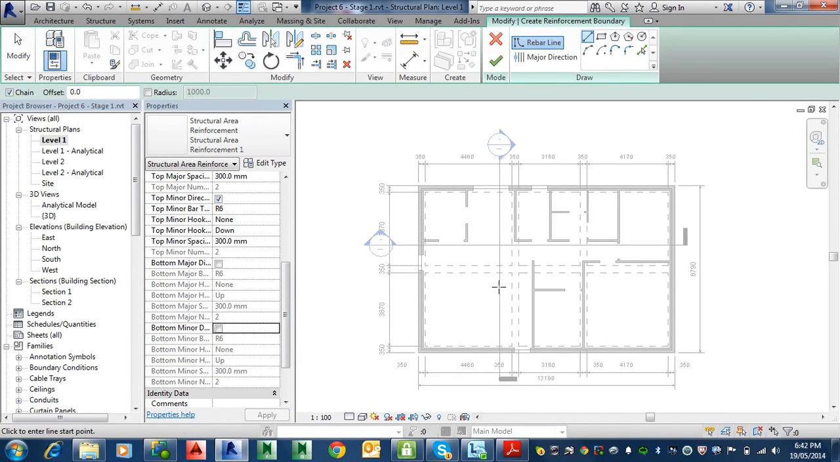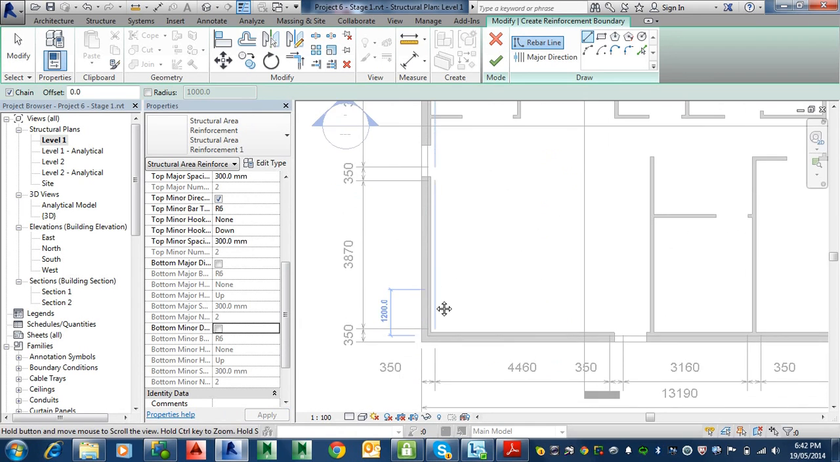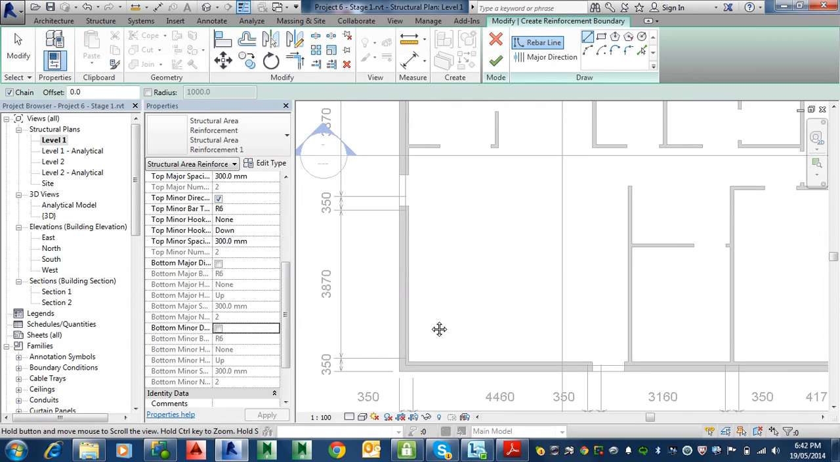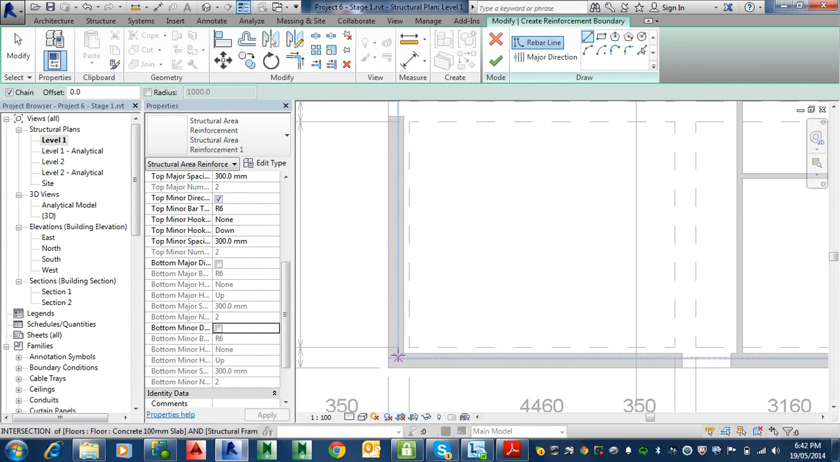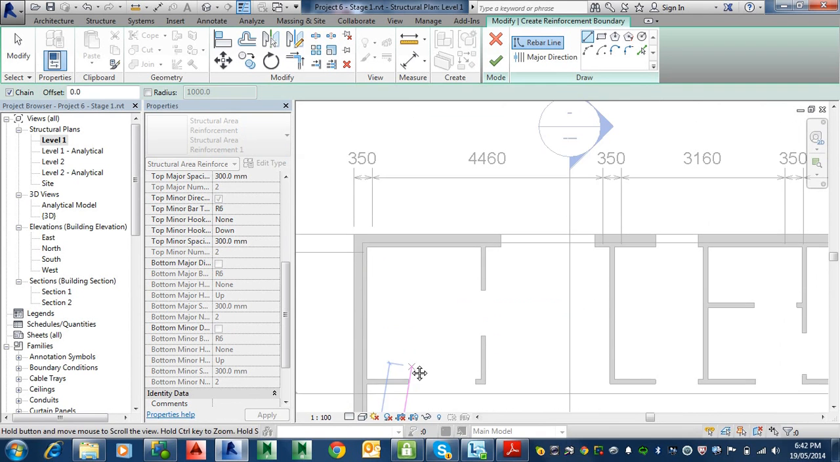Alright, so that's gone. Now what we're going to do is just zoom in here, and we're basically going to sketch around where we want to have this mesh. So it's basically at the rebate level here. And these meshes and